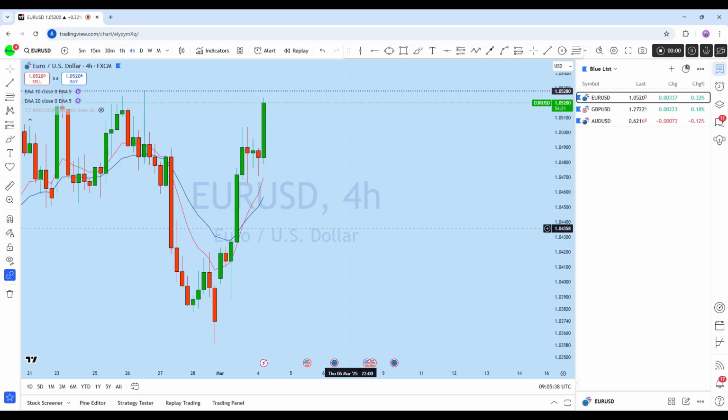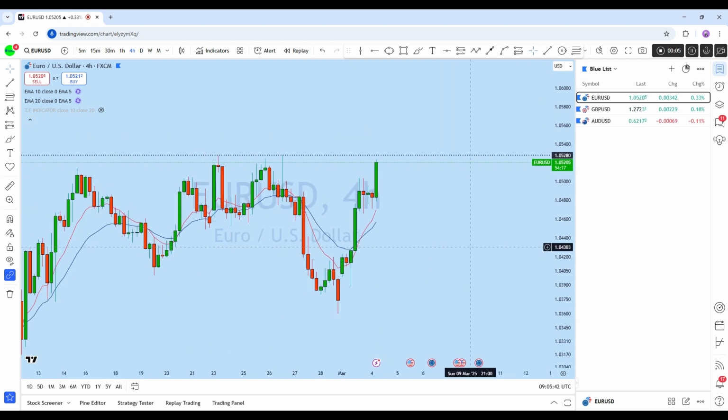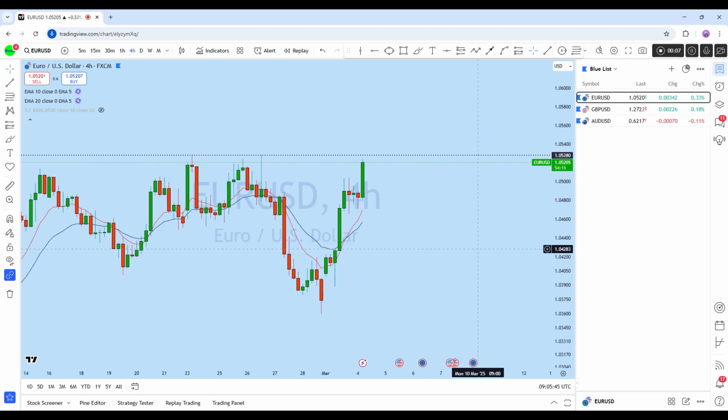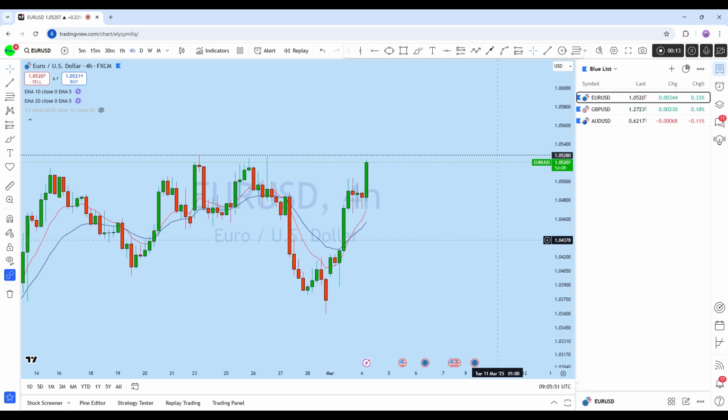Hello trader, three very important pairs, euro dollar, British pound US dollar and AUDUSD, currently showing significant trading opportunity on the lower time frame. Before we look at how we can trade, first let's quickly look at the higher time frame,